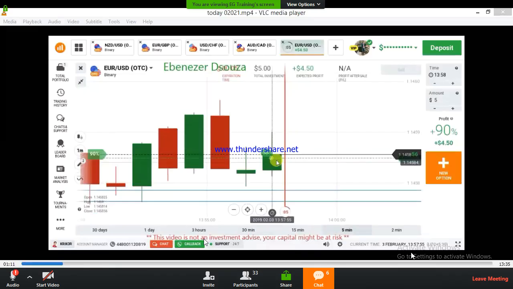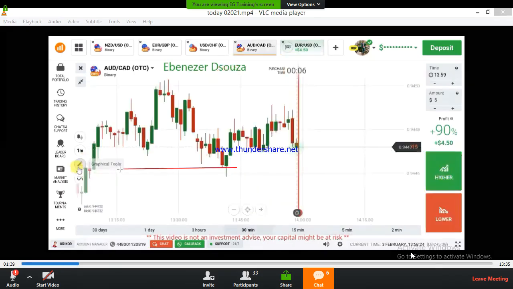So 1 minute, I will show you. Okay, here also there is a level. There is a level here, and there is a strong level here. Okay, there is a strong level here. Reversal, reversal, reversal. If the candle closed above the level, we can go with buyers.